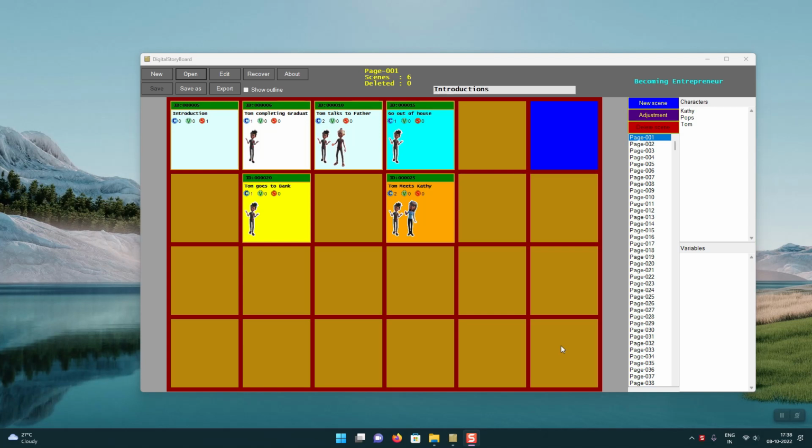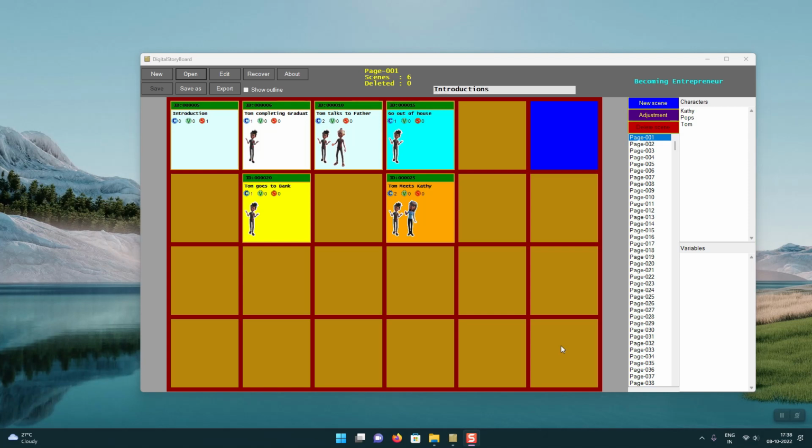Storyboarding is something that filmmakers, visual novel makers, they all need. They have to analyze how a scene should look, who all will be part of the scene, how many scenes there will be, and what the context of the scene will be. So these are very much required for filmmakers and game makers. Storyboarding can be done manually on a notebook, or there are expensive software you can use. But this is an open source software which will give you a lot of flexibility to create your own